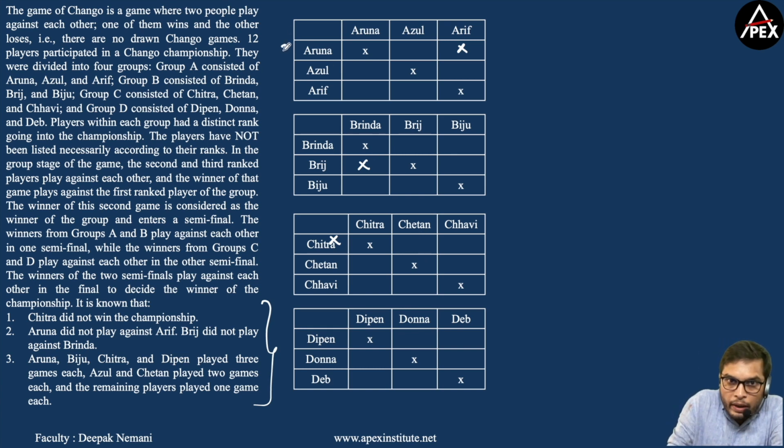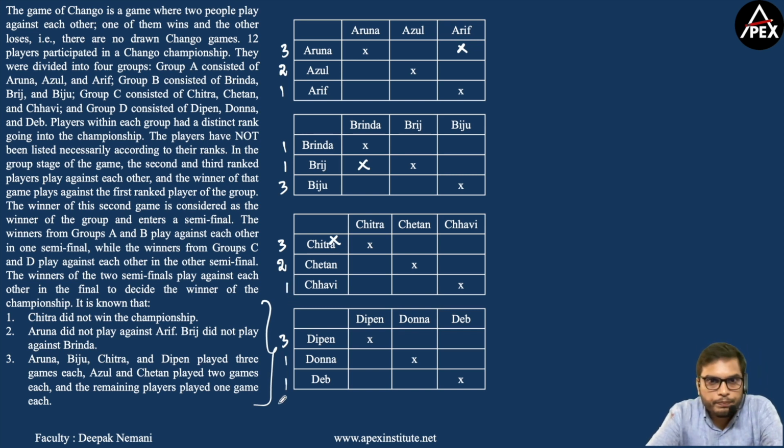So we have Aruna playing 3 games, then we have Biju playing 3 games, Chitra playing 3 games, and Deepen playing 3 games. And it is also mentioned that Azul and Chetan played 2 games each. So we have Azul playing 2 games and Chetan playing 2 games. And the remaining players played 1 game each. So we have Arif playing 1 game, Brinda 1 game, Briz 1 game, Chavi 1 game, Donna 1 game, and